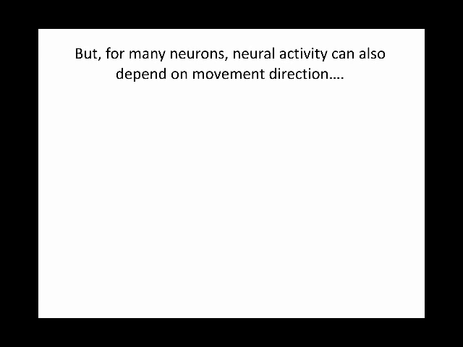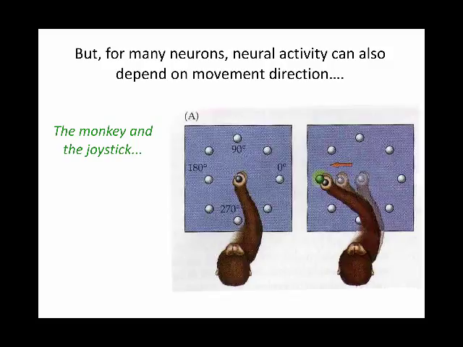Okay? And here's results of another experiment showing more abstract elements of motor control. Okay, in this task what happens is the monkey has a joystick, okay, at the center of a table he's looking down on. There are 8 lights arranged in a circular pattern here, okay, different positions relative to the joystick. And the monkey will then be instructed by presenting a light to move that joystick in one of these 8 directions, okay, to the right, left, up, down, or basically away from the monkey, towards the monkey, and in various